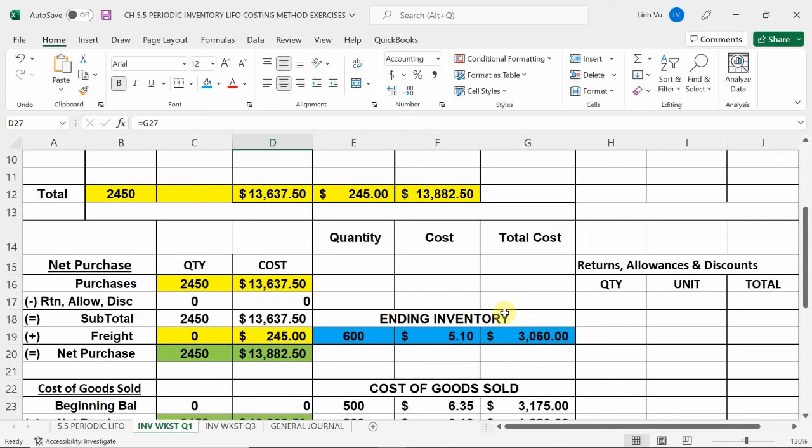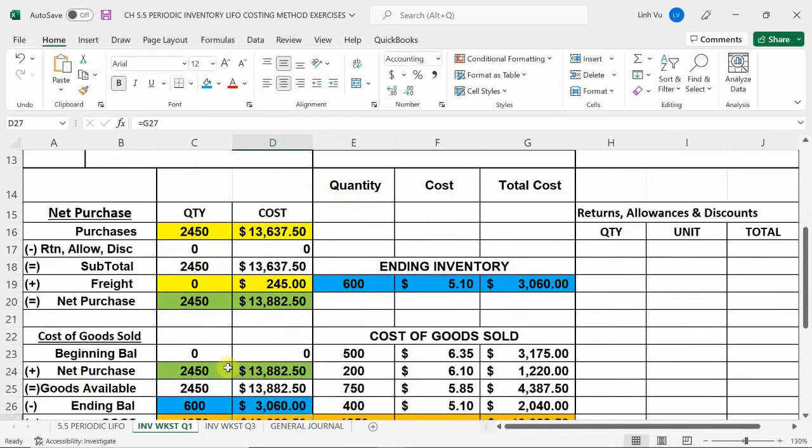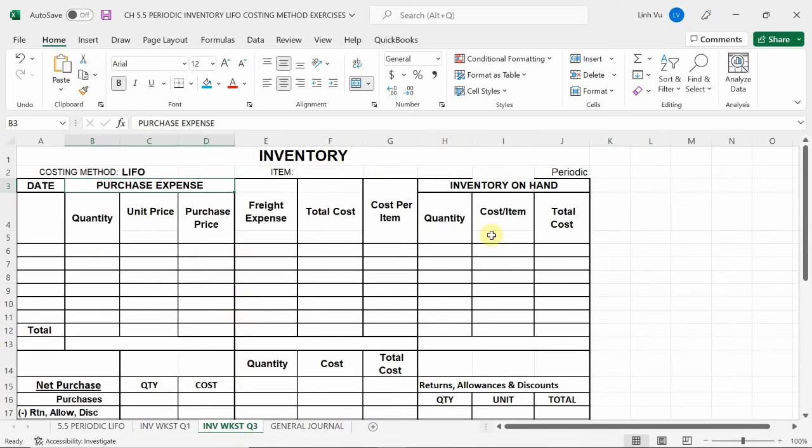In this case, you can't combine it because, what if the product was milk? You can't combine things that expire on certain days and batches that you've already purchased separately. You cannot combine them. But in this case, this one all comes from one batch of inventory. So it's much easier to go ahead and transfer over to our new inventory worksheet. Okay, so we got 600 at $5.10, giving us a grand total of